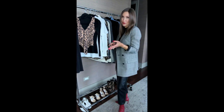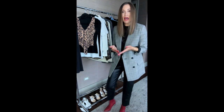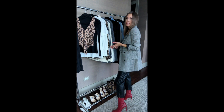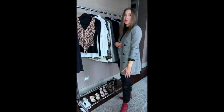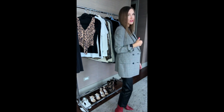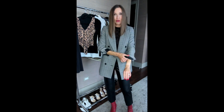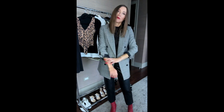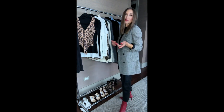If you've followed me for a while, you know I like to fold or roll my pants and have them a little bit higher because it adds a little bit of a stylish element. So I like that they're a little bit cropped, but the blazer's a little bit longer. I probably wouldn't wear this blazer with the pleated skirt because it's long and I'm short, so it would just be too much and too overwhelming. Sleeves up, it draws the eye up, as I always say,